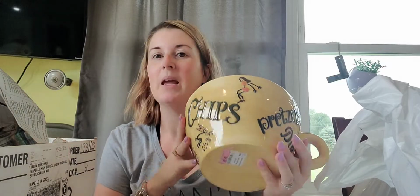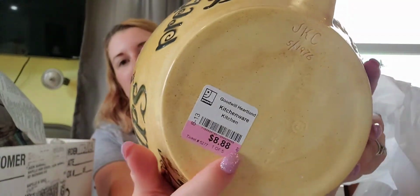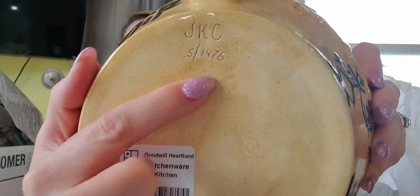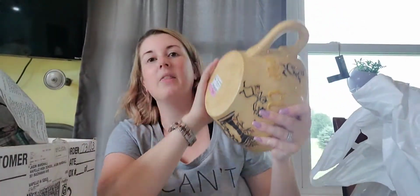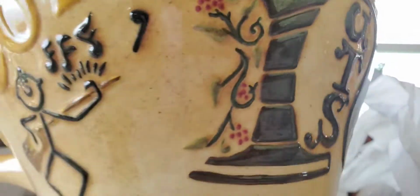The first set, I just went with my gut. This is very well done. It is, I paid almost $9 for the set, but it is signed, 1976 right here. This is very well done, like I said. The detail